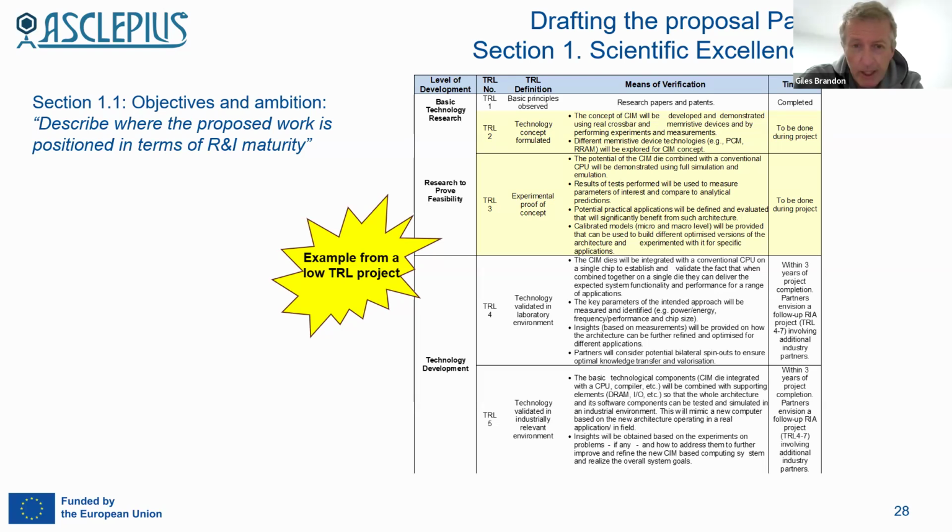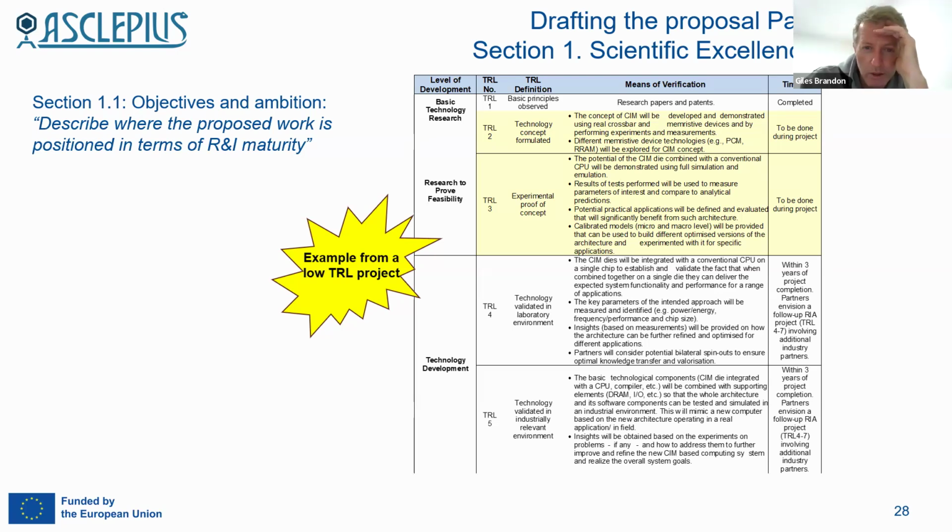What we did there was create this table. In the call text, it was rather exceptional. The call text said, we just expect during the course of the project that you go from TRL level 2 to TRL level 3. This is unusual. Usually you're expected to go a bit further, into technology readiness level 4. Anyway, regardless, we created the table. I highlighted in light yellow the TRL levels to be covered during the project. And I challenged the main scientist, the principal investigator. I said, look,